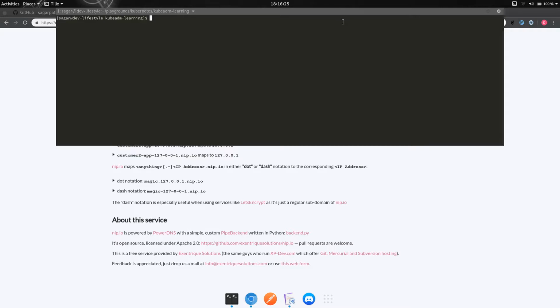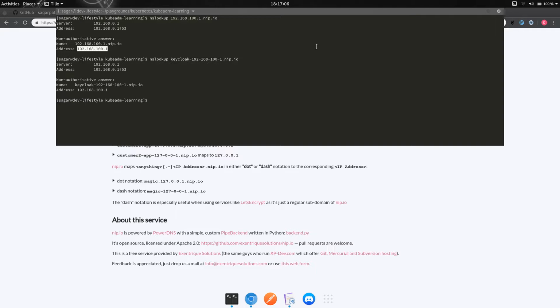What this will allow us to do is provide us with any custom domains. For instance, if we want to connect to the IP address 192.168.100.1, then we can do a lookup for a domain name with this exact same IP address and then say .nip.io, right? And when you look at the response, this gives you this IP address in response. So we can be a little more creative here. We will have a little more choice of how to name the domain name. So we can call this Keycloak